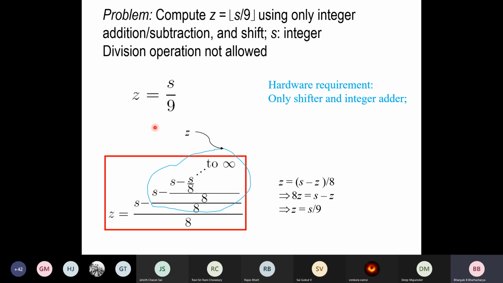Suppose I give you, say, S by 255, what would you do? S by 256 is okay, because 256 is a power of 2, you can do just a shift. Some bits will be lost, but I'm taking the floor of that. I need to do a right shift for division, so some bits will be lost here. So instead of S by 256, suppose I give you S by 255 and ask you how to do it. You can think of some kind of continued fraction, and you can do that. Well, so I leave it to you to study those kinds of problems.